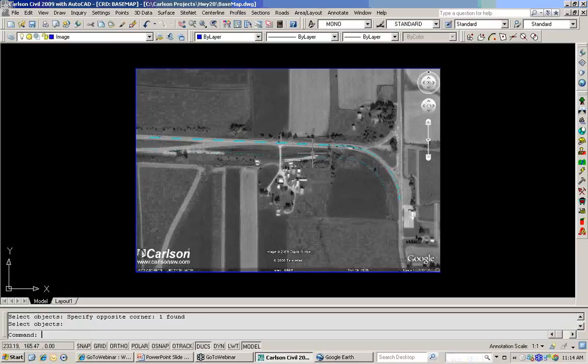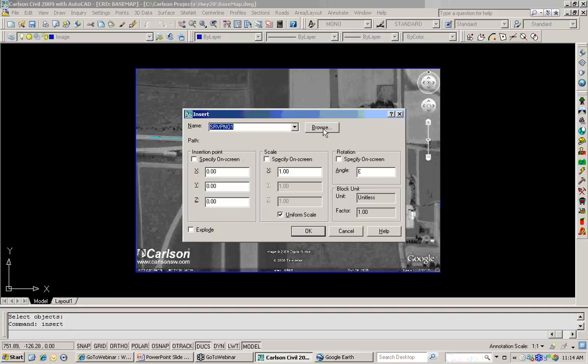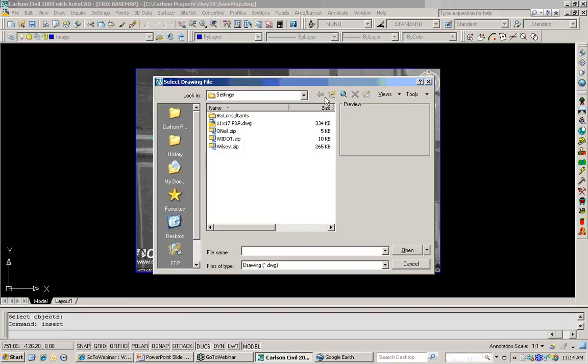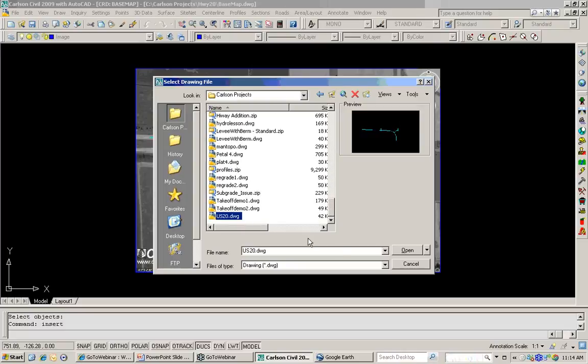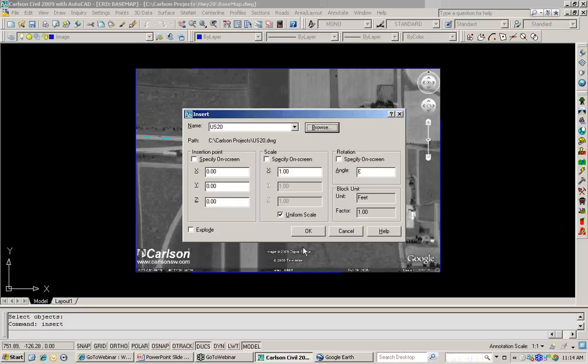And again, for the sake of today's illustration, I'm not going to go through and say how I actually drew this in. This is just a standard polyline that I drew in, fit the curve in. And I actually have a number of other roads in here that I will be bringing in bulk. I'm just going to browse out to my folders where I have this data, and I actually have it in a block. I'm just going to bring that in one shot, so again, we don't spend extra time